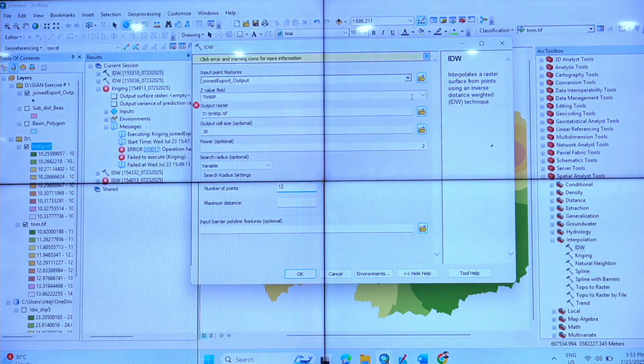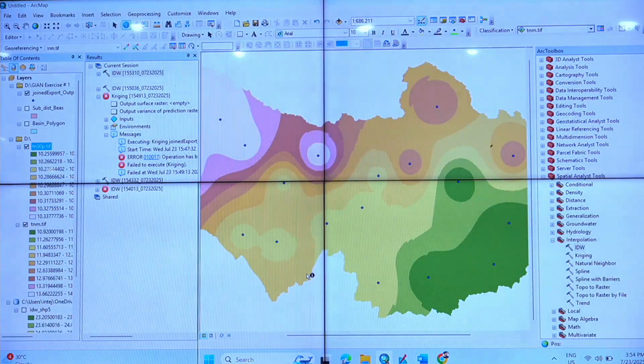One is input and output. So input is R20 rainfall and then give the output. Here you make it R20, R20 dot tif also, right? Nothing else. Am I right? Say okay.